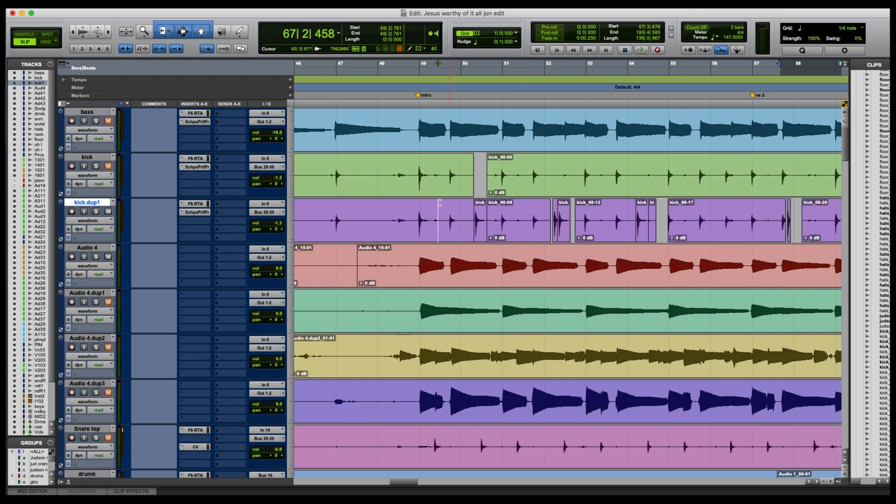Not every song has to be a very simple drum beat, but it does need to be a very consistent drum beat. This one wasn't very consistent. I had different ideas going on here, and then my ideas would change here, and they would change here. So as a bass player, I can't follow along with that.